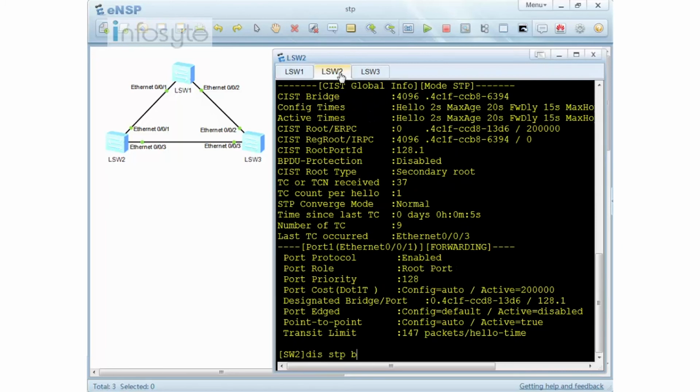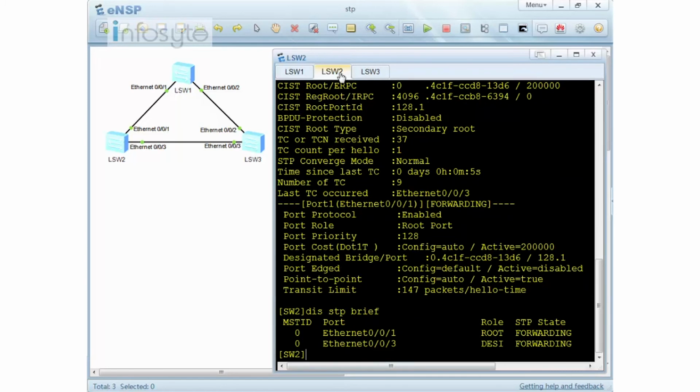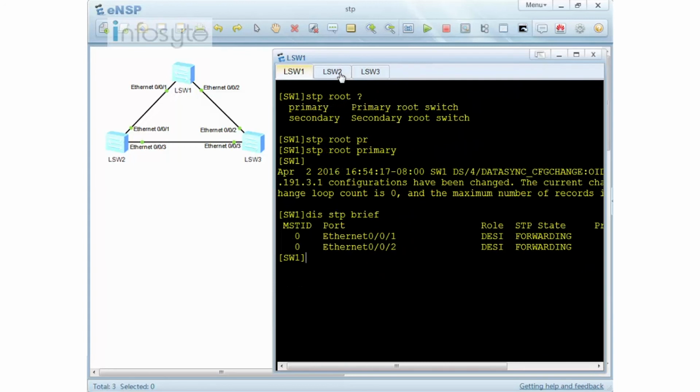Okay, let me do a brief. There you have it. So we have the root for 001 and 003 we have the designated. Okay, so we meet the requirement. And lastly, the requirement by the question is that on all the ports the cost needs to be a cost